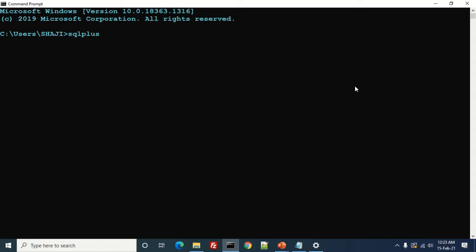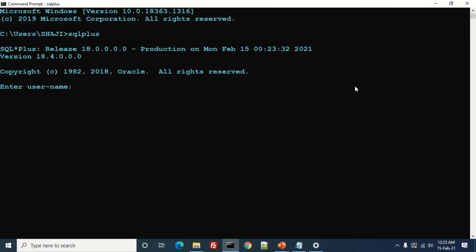SQL Plus is a command editor for RDBMS so that it can process our data fast and accurate. Let's see how. After writing sqlplus, press enter so that now it asks for the username.